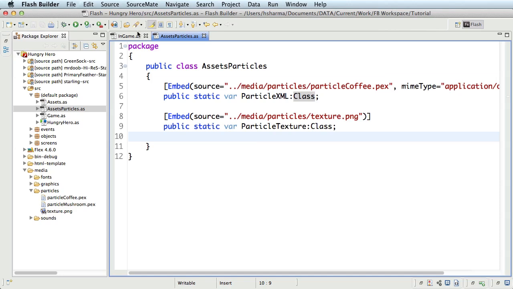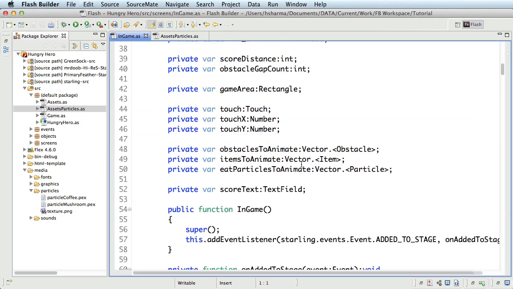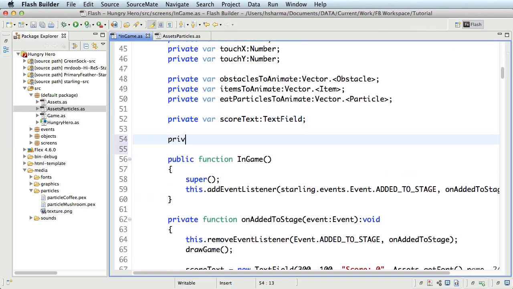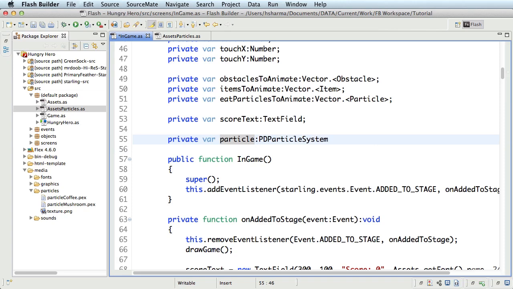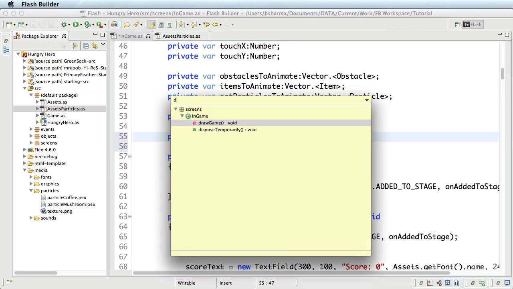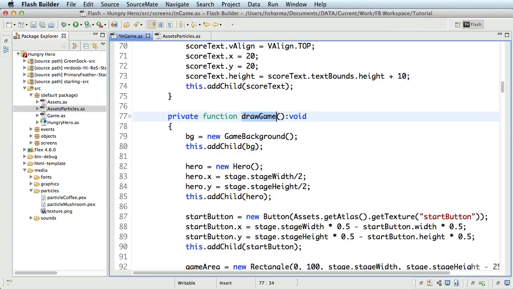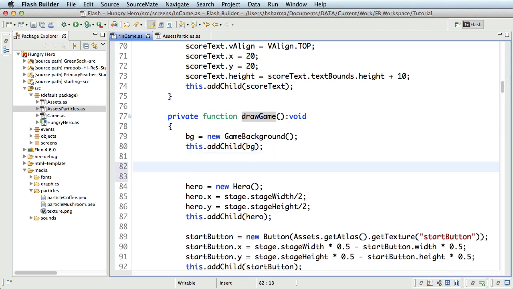Go back to the ingame.as and declare a variable private var particle of type PD particle system. Now I'll navigate and find the draw game method. And here, after I create the game background, I'll initialize the particle variable by providing the XML file, which is the .pex, and the texture file, which is the